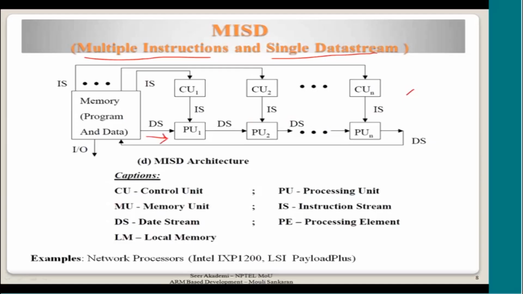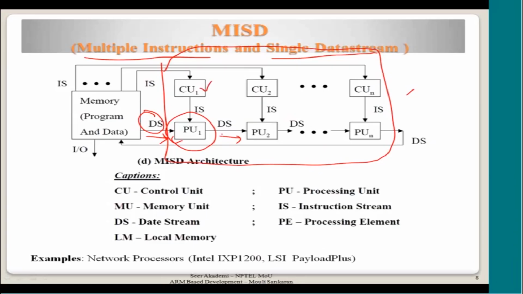When I say same data, it could be modified by this element and then the modified data stream will come. But if you consider this whole thing as a single system, there is only one data stream coming into the system, and then multiple processing units pass on this same data, maybe modified based on the instruction, and then a different set of instructions will be operating on it, and then the data element gets changed and then it goes out. A typical example is a network processor, where